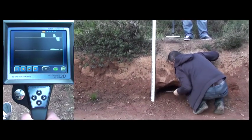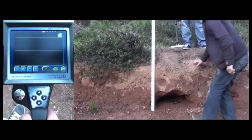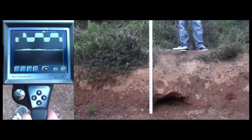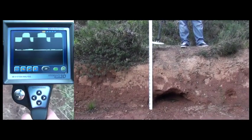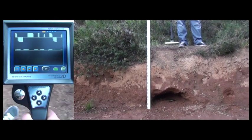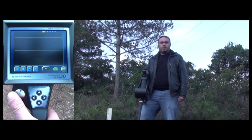Now, we are showing the metal to the detector, and the device senses it right away. Then we place the metal on the ground, and again the device easily detects it at 90 centimeters depth, despite the high mineral levels in this soil. Please keep in mind that the GOLDENGATE PLUS 3D is designed to perform well on different types of soils and